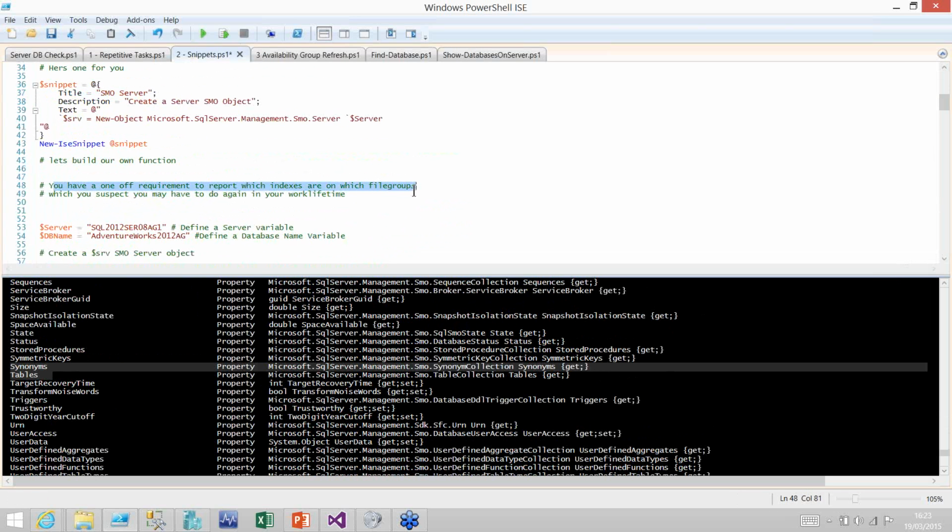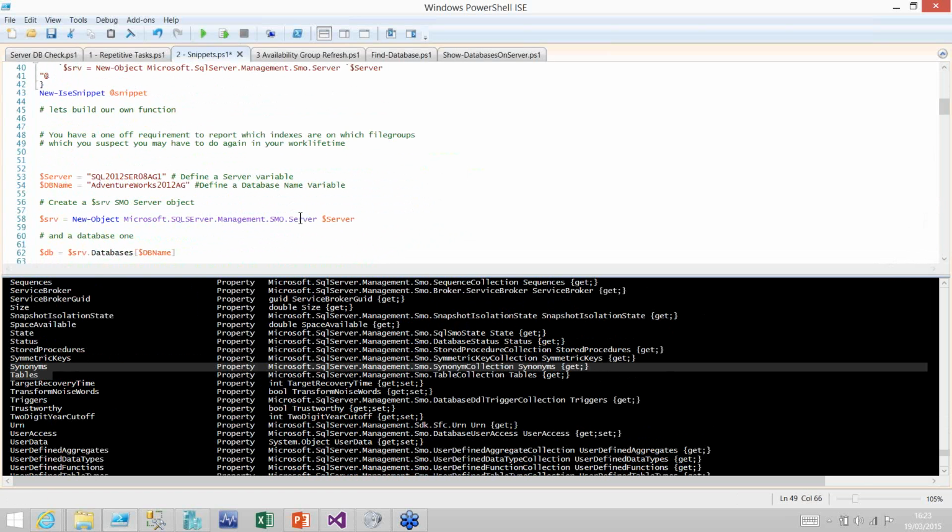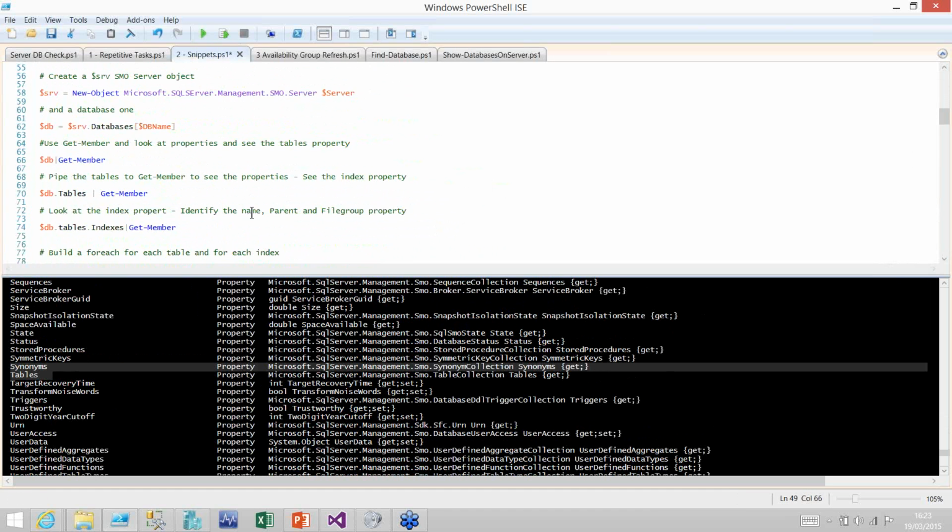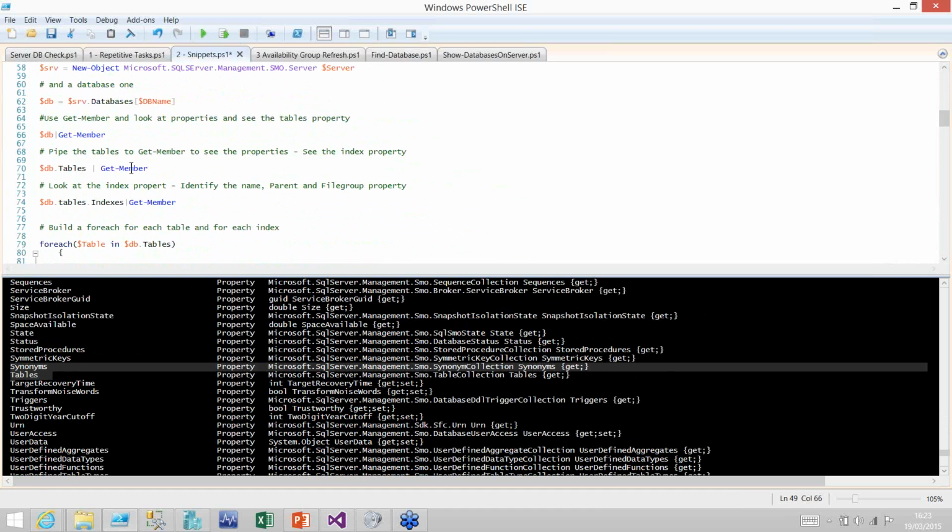The problem that we're solving, so I probably should have explained just now, is a one-off requirement to report which indexes are on which file groups. Now, it might be the first time you've ever had to solve that problem, but you're pretty sure that you're probably going to have to do it again. And if you're going to write the code, you may as well write it in a way that's going to be reusable. So we found our tables